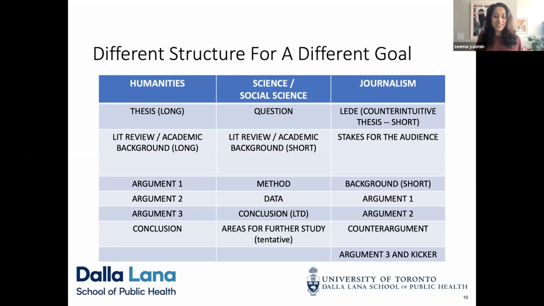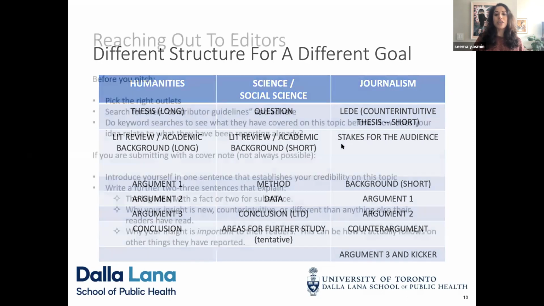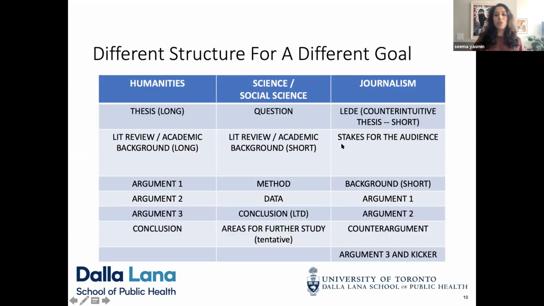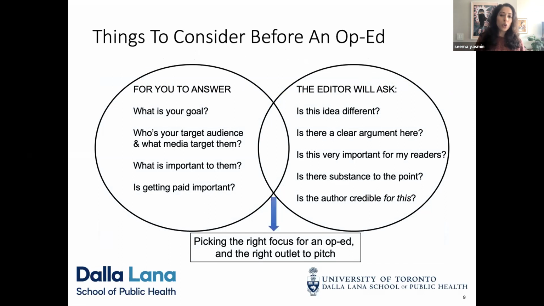So for the next 8 minutes, we want you to go away, Google your idea, and think about Googling the potential outlets where this might fit, given you now have this criteria for thinking about what the editor's looking for, what your goals are, the idea that's marinating in your mind. Based on that, think about what the potential outlets might be, who your target audience is, and even start thinking, we don't have much time, about what the structure might be as well.